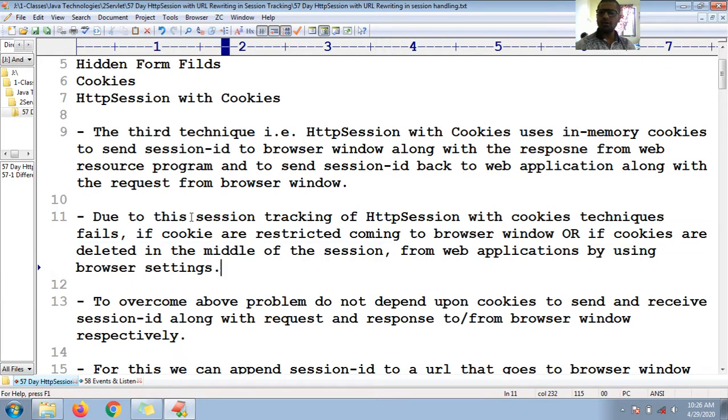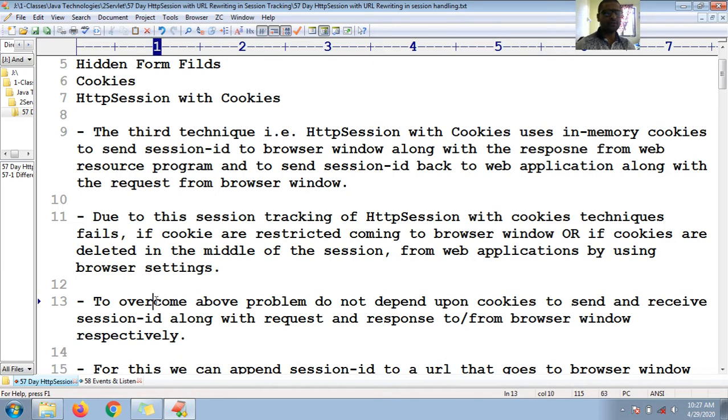So these are the two limitations while working with HTTP session with cookies. One is if cookies are restricted from the browser settings, and second, if cookies are deleted in the middle of the session.